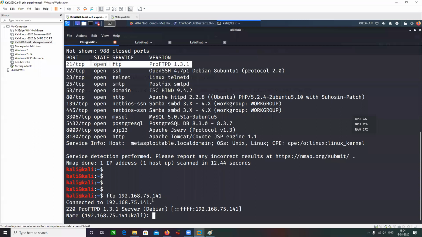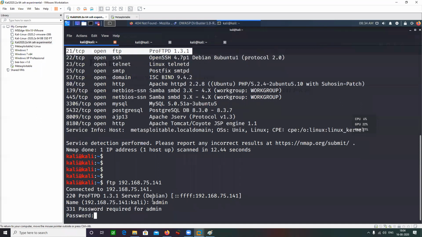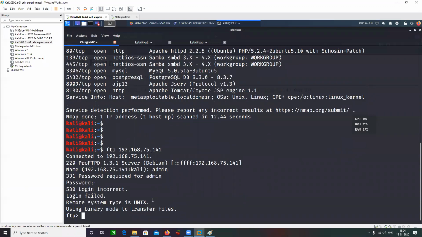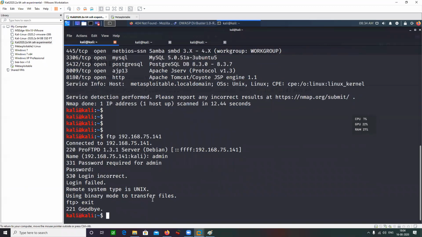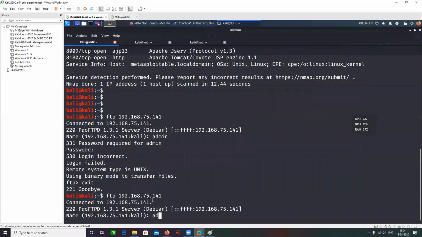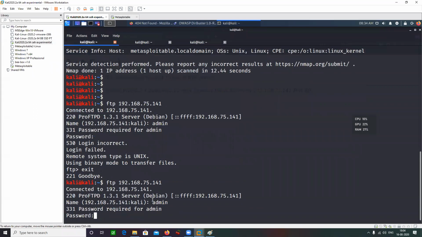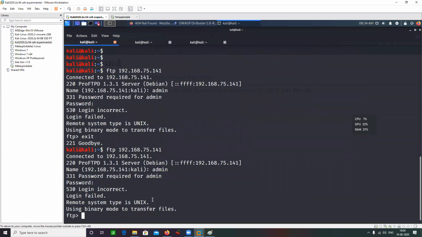What shall I do now? Do I know the credentials? Just try the default one, admin. Login failed. Just do exit here. Try doing it again. Admin, password. Login failed.